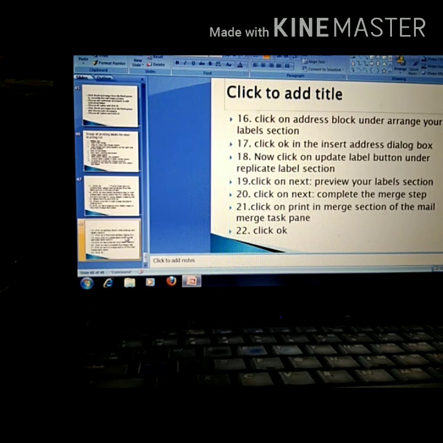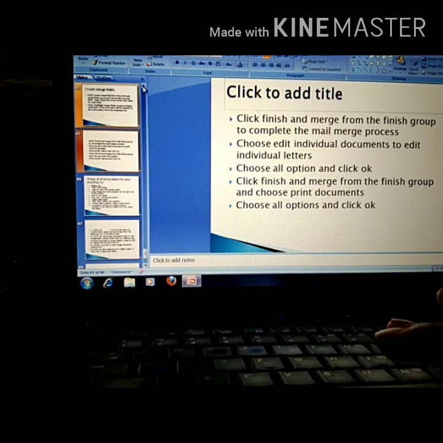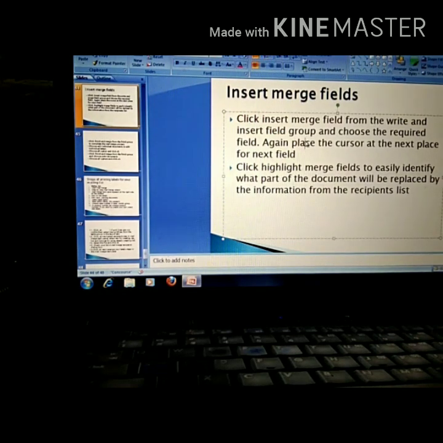So children, I know it is difficult for you to learn all these steps from this PDF. For you, the most important thing is that you learn the concept of how we can do it in the exam. You can write it in your own writing. You will understand only the concept of how we can do it, and it will help you in the exam. So with this, printing labels is done, and before this we did the mail merge option, inserting merge fields, and all these things. So now with this session, this unit is completed.